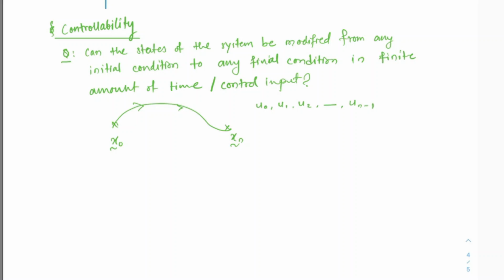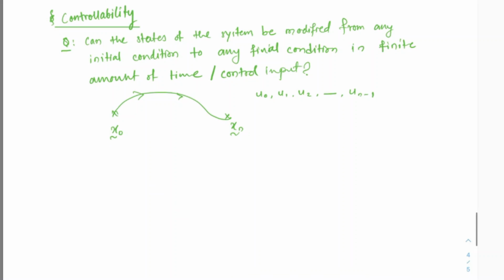The question here is of existence of such a series of inputs, whereas the question in observability is of uniqueness. With that subtle difference, let's write the discrete time state space equation: